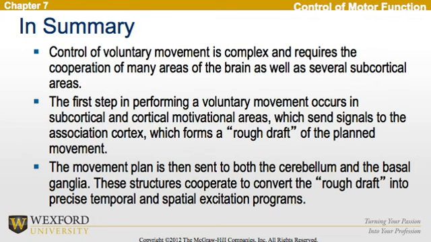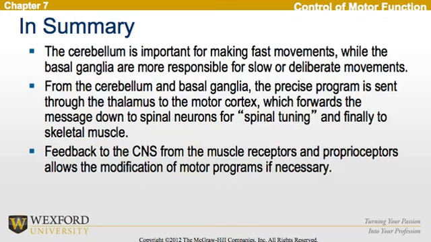Next, we have a movement plan, which is then sent to both the cerebellum and basal ganglia. These structures cooperate to convert the rough draft into a precise temporal and spatial excitation program. From there, the cerebellum is important for making the fast movements, while the basal ganglia is more responsible for the slow and deliberate movements. What we see is that from the cerebellum and basal ganglia, a precise program is sent through